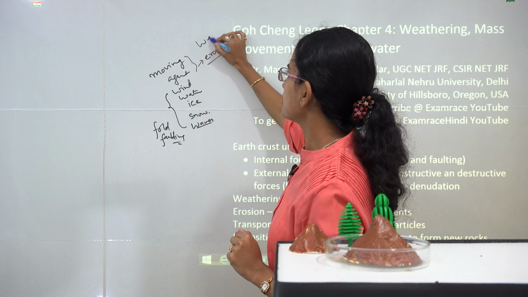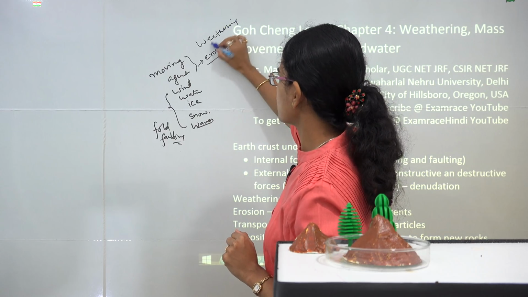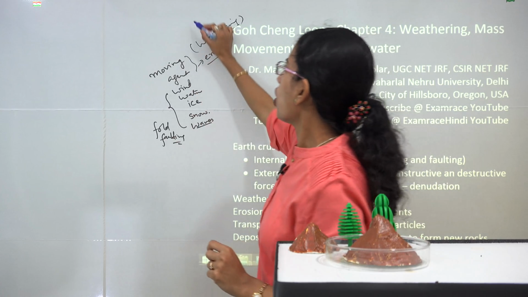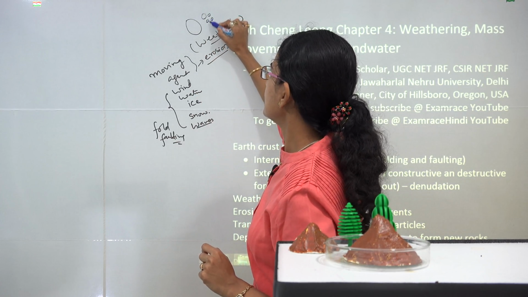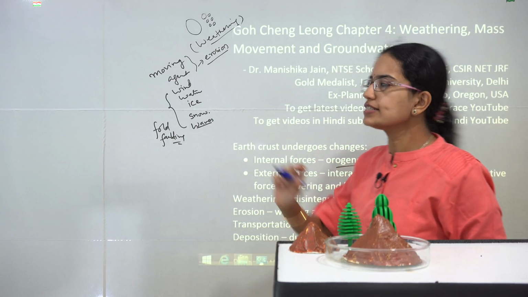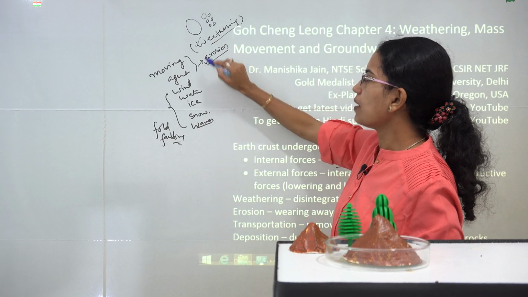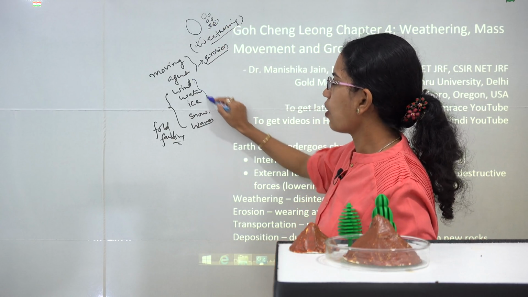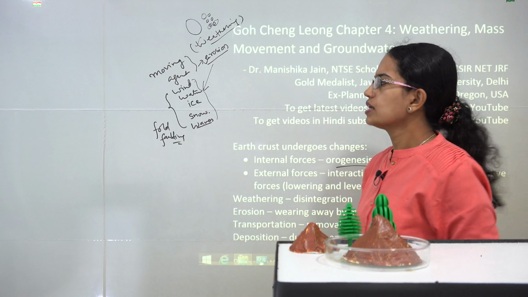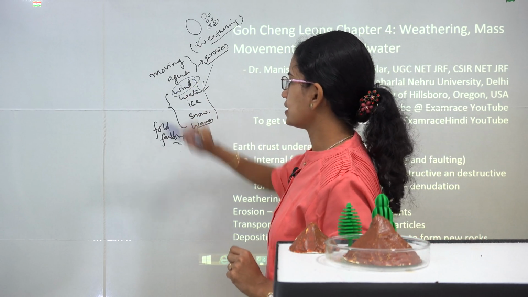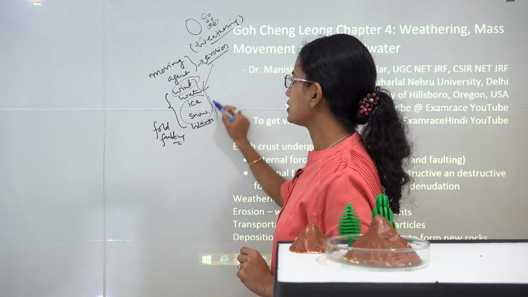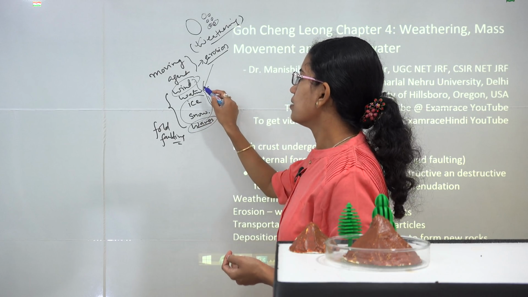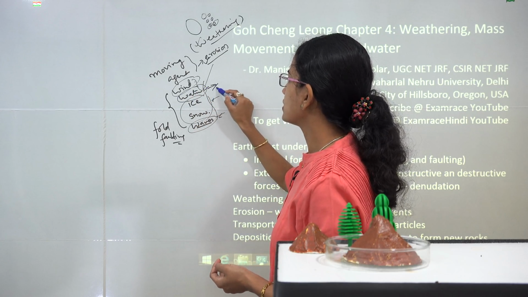Now there is a difference between the term weathering and erosion. When we talk about weathering, it's simply disintegration or breaking down of a bigger particle into smaller particles. So that is weathering. When we talk about erosion, it is moving of these weathered materials along with either of these agents. Now of these, winds are commonly seen in desert areas, ice and snow in the glacial areas, waves in the coastal areas, but among these, water is the one which is present everywhere,